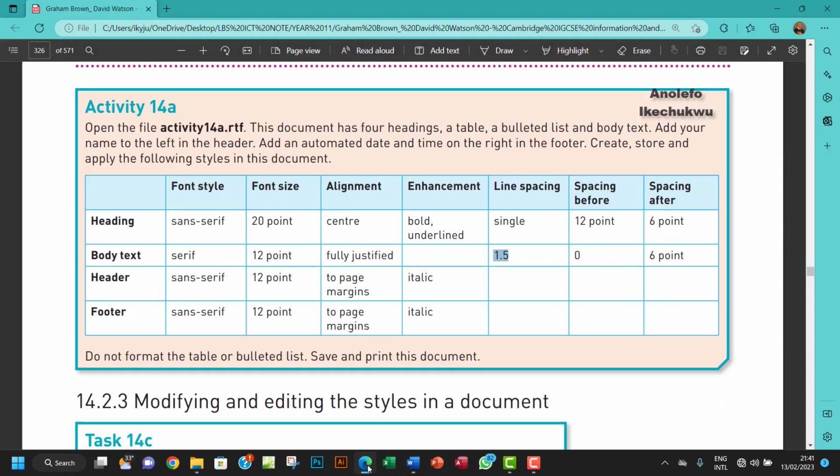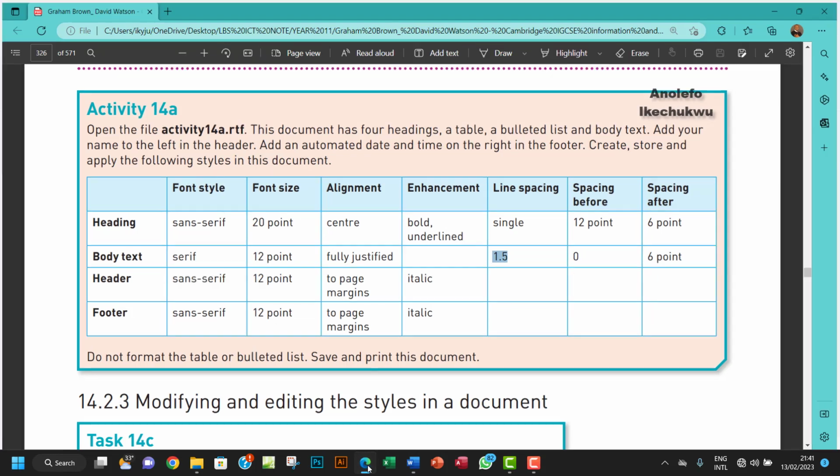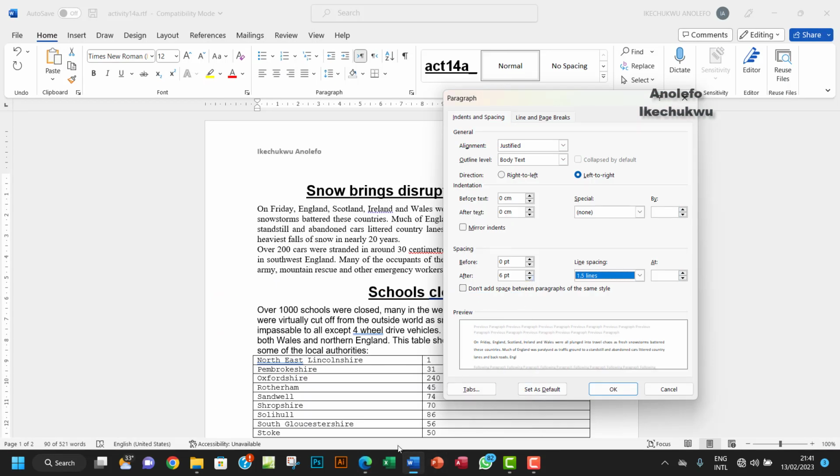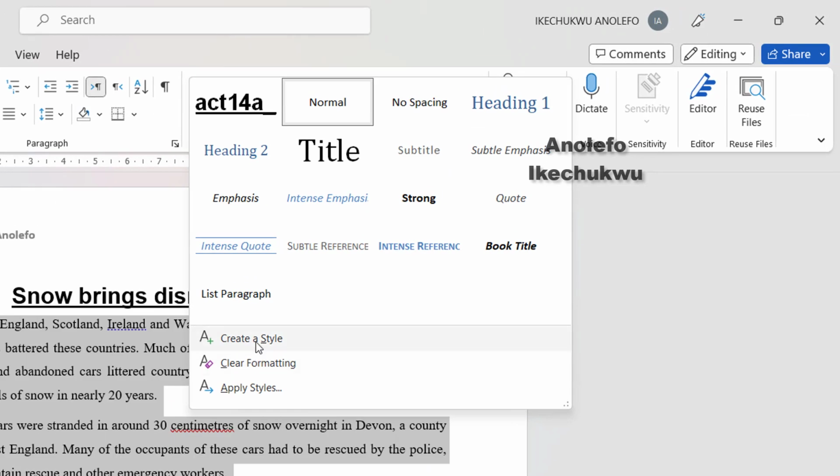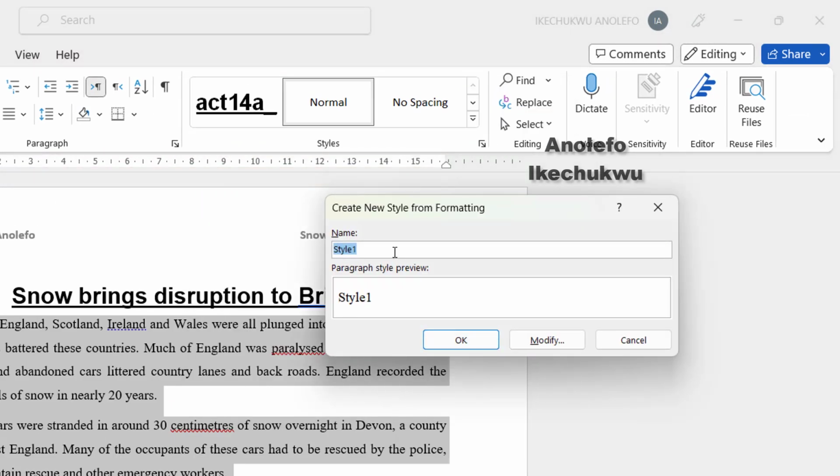Okay, so let's see. Let me just be sure. Spacing before 0 and then spacing after 6. Yeah, so I can okay that. Okay, so this is what we have, right? So I want to actually save this style also. So I want to save it as